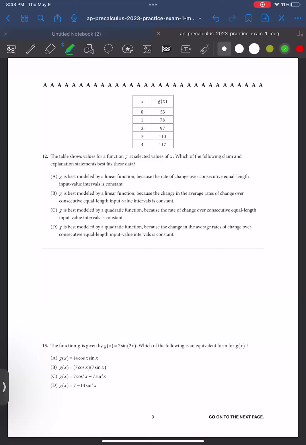Okay. The table shows values for a function g at selected values of x. Which of the following claims